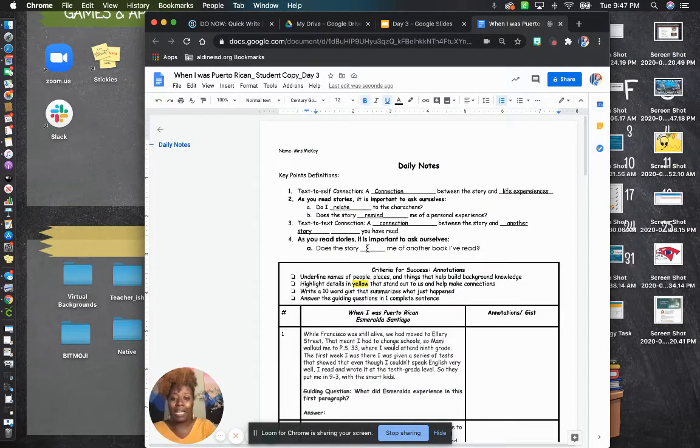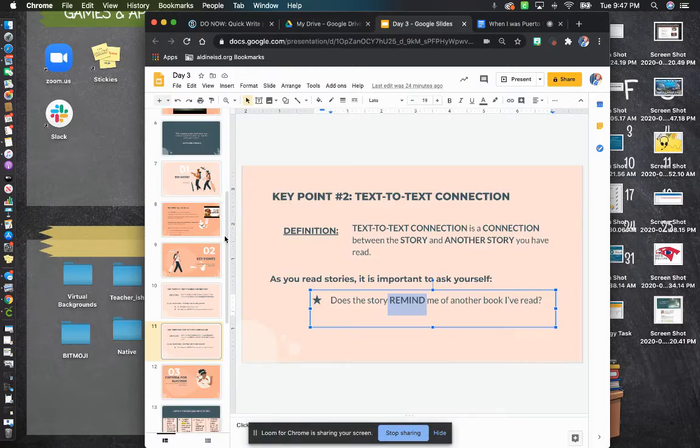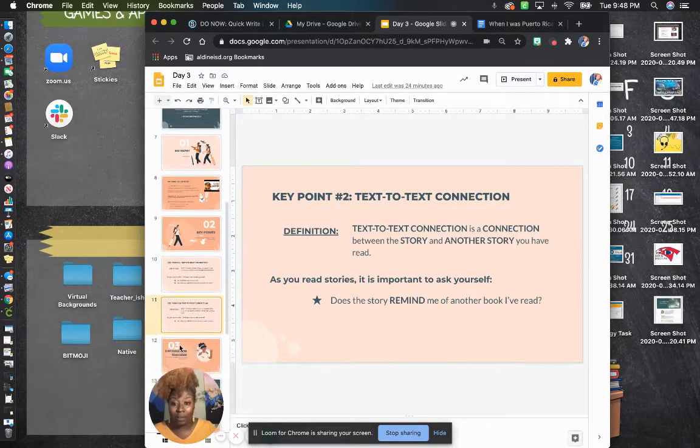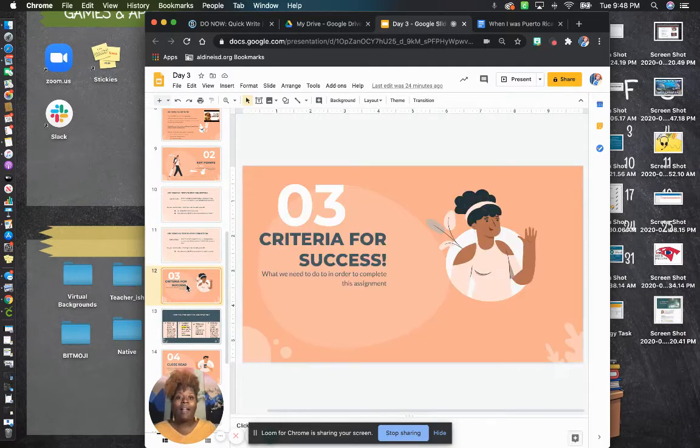So we'll type that into our daily notes. All right. So we went over our key points. We understand the text to self connection, and we understand the text to text connection. Now, let's go over the criteria for success.